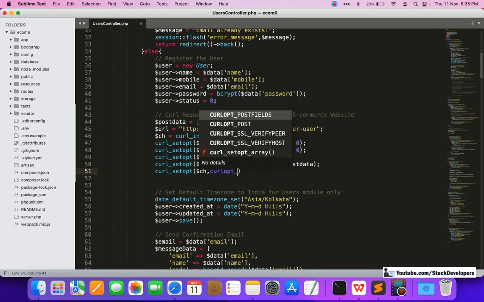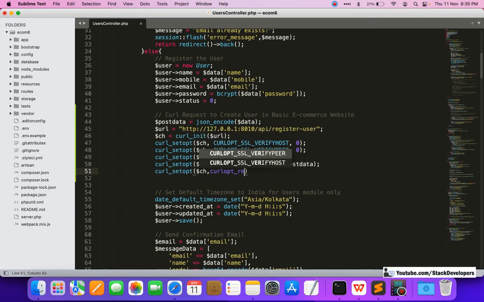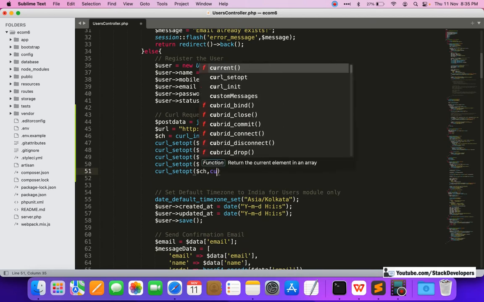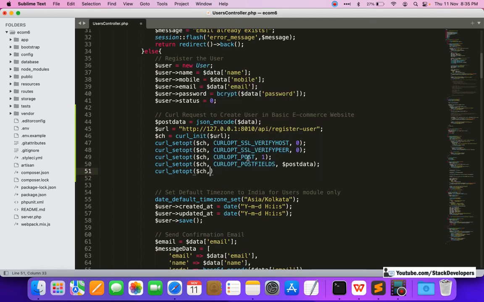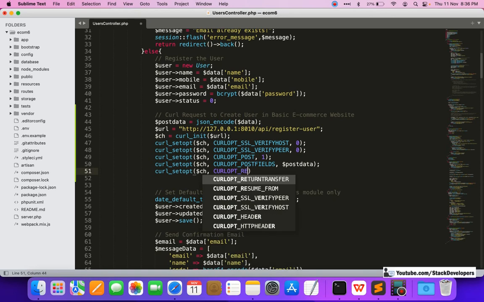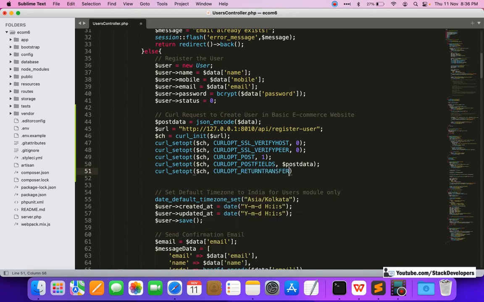I want to have a return transfer here. It's not there, no issue, I will just copy this one. Now it is having return transfer, and this must be equal to 1.